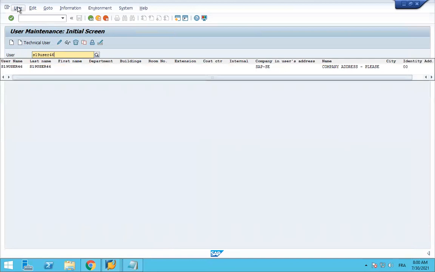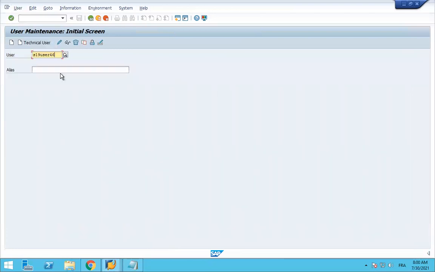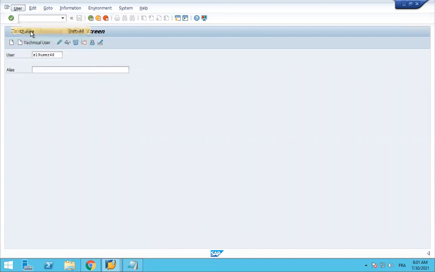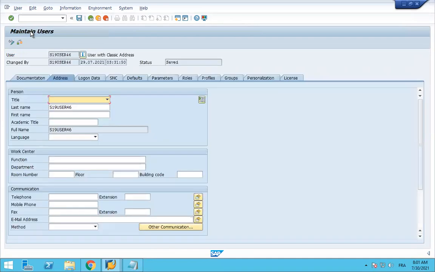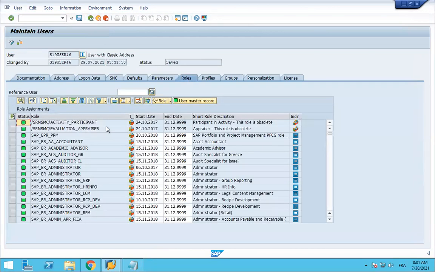Okay, go to user, and click to change. And then go to roles, add a new role.